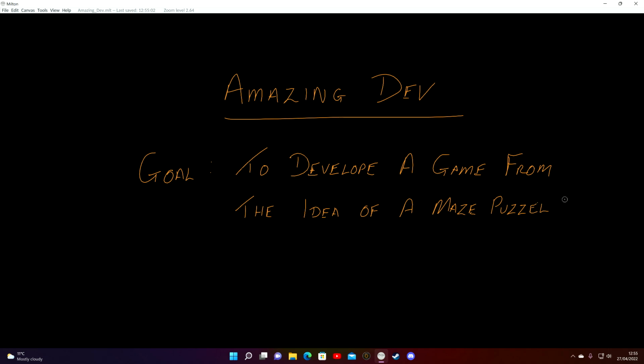And the maze puzzle you'll find in any puzzle book. Basically, it has a start, it has a finish, and you draw a line through a maze from the start to the finish. Pretty simple puzzle. Not always easy to complete, but logically speaking, it's possibly one of the simplest puzzles to solve. But how would we develop that as a computer program?